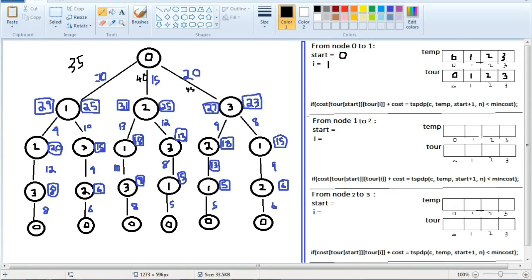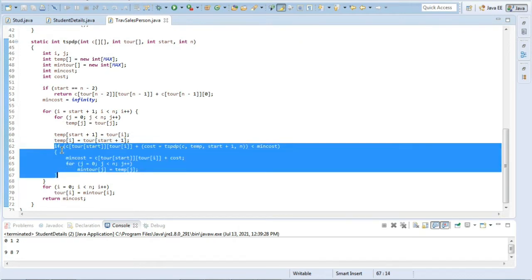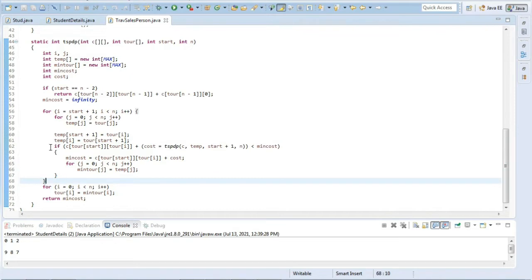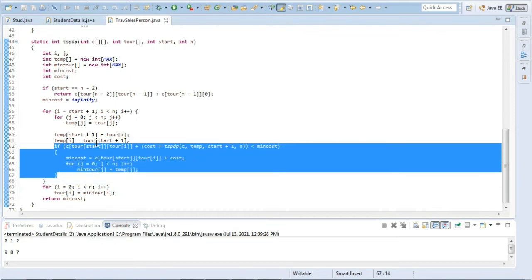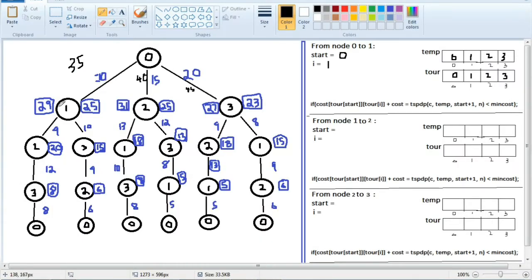Okay, then what is there after this line of code? After this line of code is the main code here. The if statement is there, and after this iteration is over, what is happening in the if code? See here, I already told you I is equal to 1, right? If I is 1, what should happen? If I is 1, it is calling the first node. Okay, so in the if statement we will be calling the first node. Since we had started from 0, the start value was 0. If we call this node it will be like start value of 1, right?